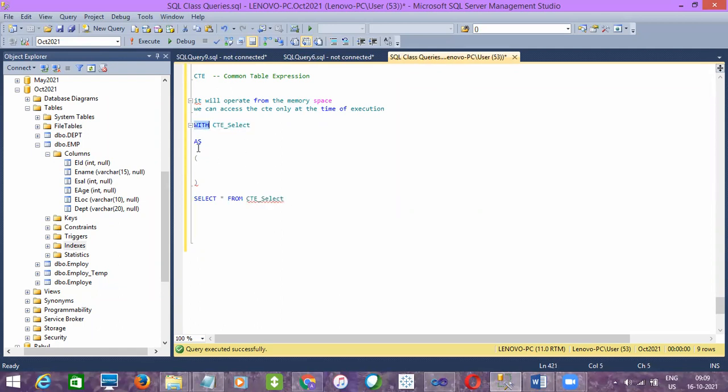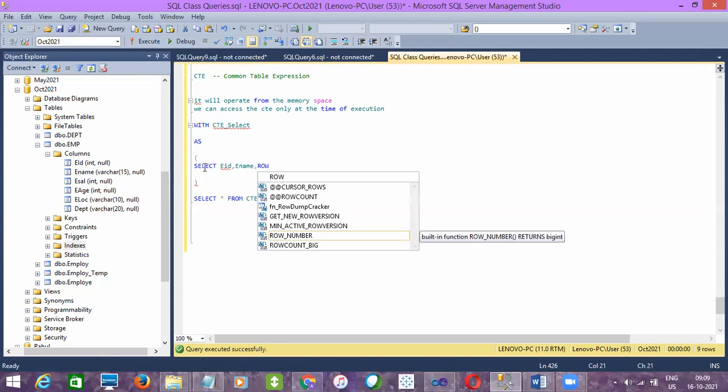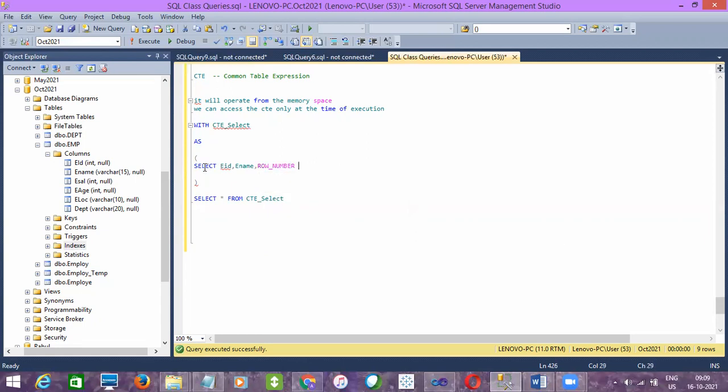This is the CTE name, and here within the brackets you can write your own query. I'll write SELECT employee ID, employee name, and here I'll use the ranking function ROW_NUMBER, and the function should be enclosed within braces, followed by OVER.